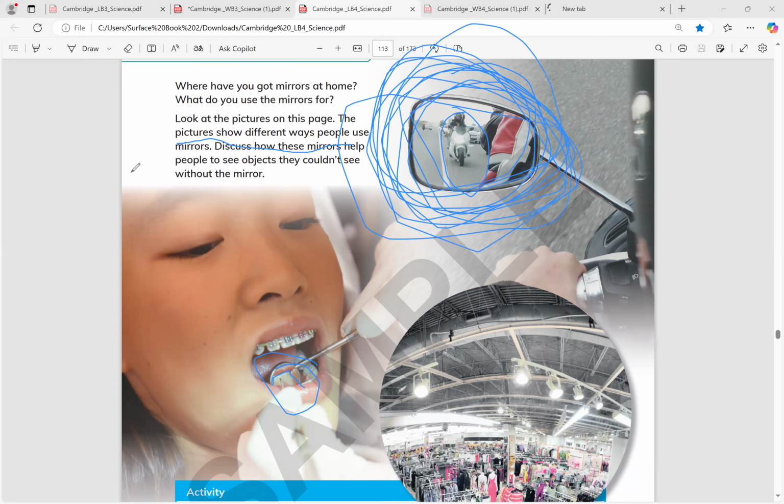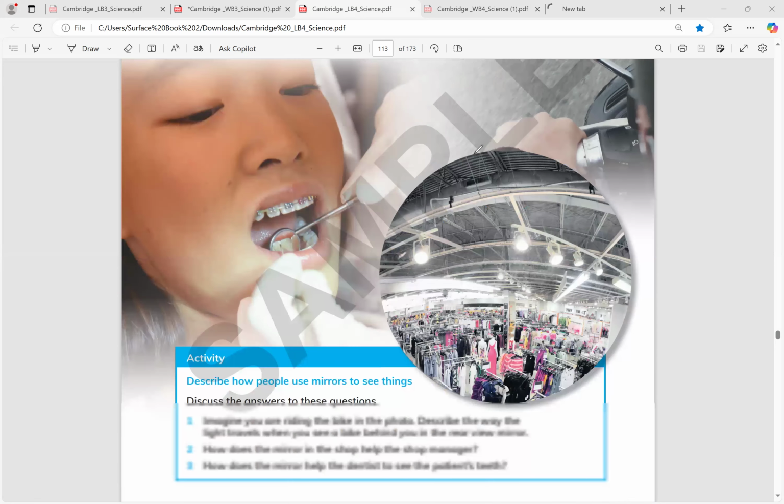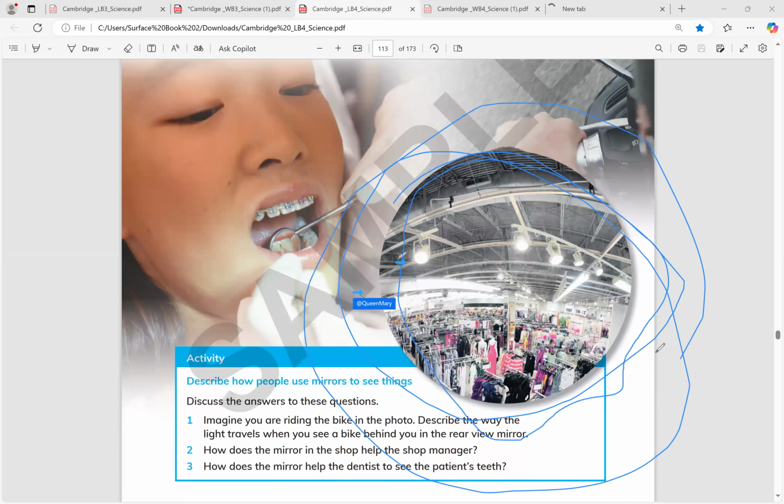Hey, what about the final one? Why do people need mirrors for this one? Who needs mirrors here? I think to direct a camera. Nope. Actually, have you ever gone to a fashion store and seen a mirror? That's so that everybody can look at themselves in the new clothes. That's a marketing strategy.